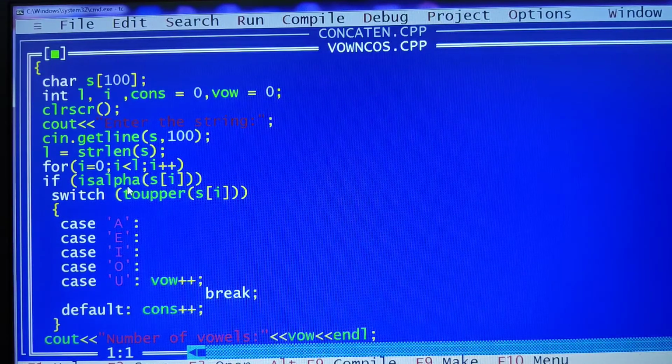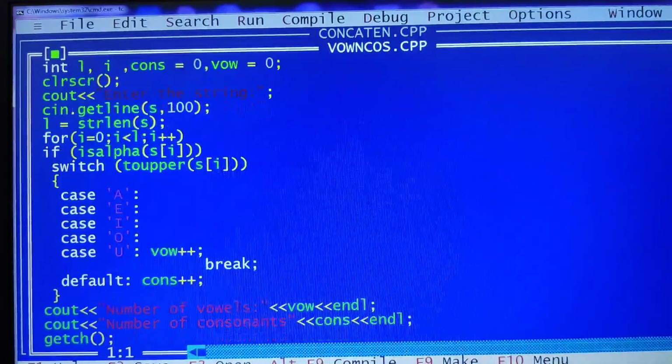What if I have given W, $W like that? When it encounters the dollar, it shouldn't treat it as an alphabet. So first we need to check whether the given characters are alphabets or not. If it is an alphabet, then I'm going to convert it to uppercase. Why did I convert it to uppercase? Because if you observe the case labels, I have taken everything in uppercase.